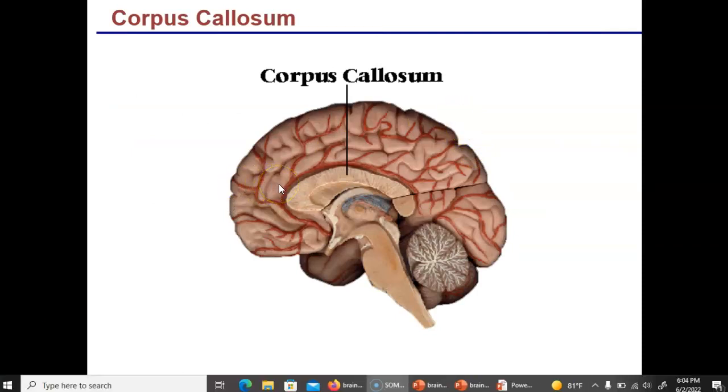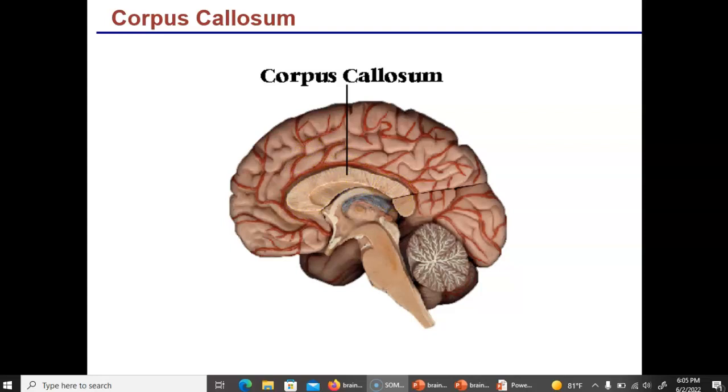Now, if we separated the left and the right hemispheres of the brain, this is what we're looking at in the center. The left and the right hemispheres are not completely separated. They're connected to each other by certain structures. One of these structures is going to be the corpus callosum right here. The structure that you see, this is the corpus callosum, and it is made out of bundles of axons. The corpus callosum physically connects the left and the right hemisphere, but it also allows communication between the left and